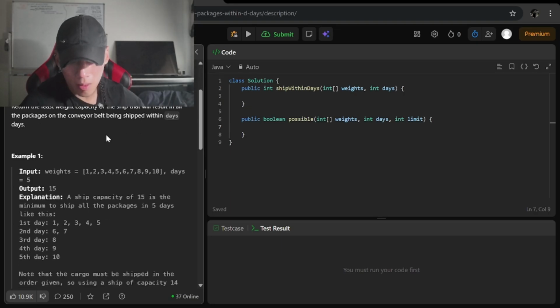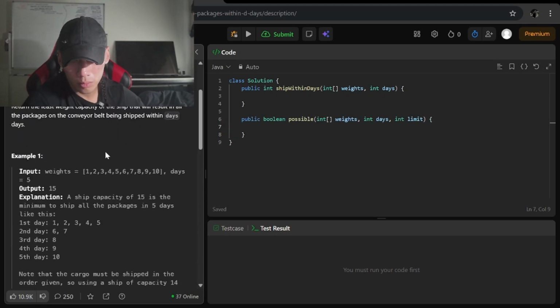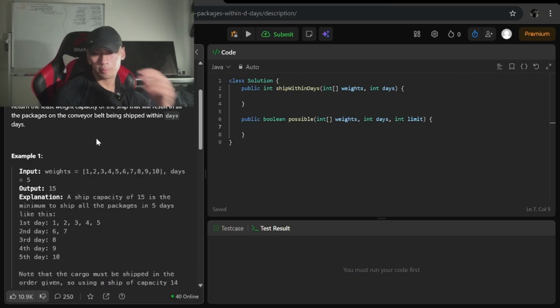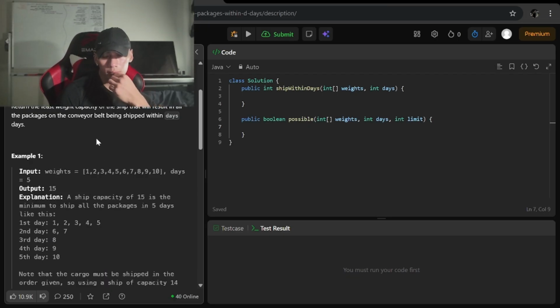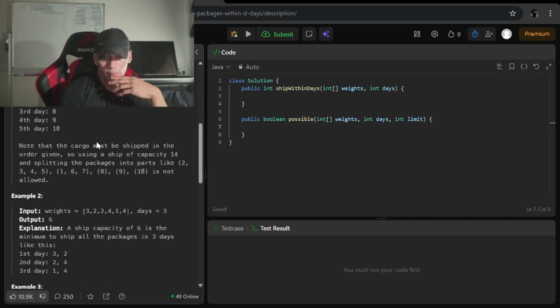You're iterating through something else. It's the same as Koko eating bananas. You've got to use it on something else, not the actual list. This question has 70-something percent acceptance. It's kind of crazy, because I can't figure it out already. You know what I mean?